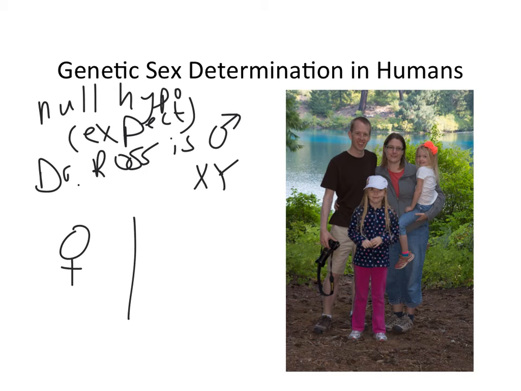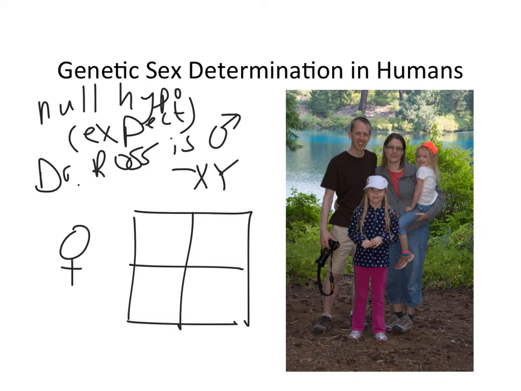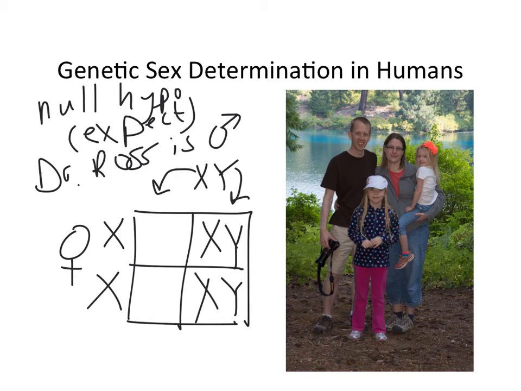So if you mate a human male and a human female together, half of the male's gametes get the X chromosome, the other half get the Y, and the female has 2 X chromosomes. So what's our expectation? If anybody has a kid, what's the probability of having a male? 50-50. Half of these squares, 50% of the volume, the area of the table is XY. So half,